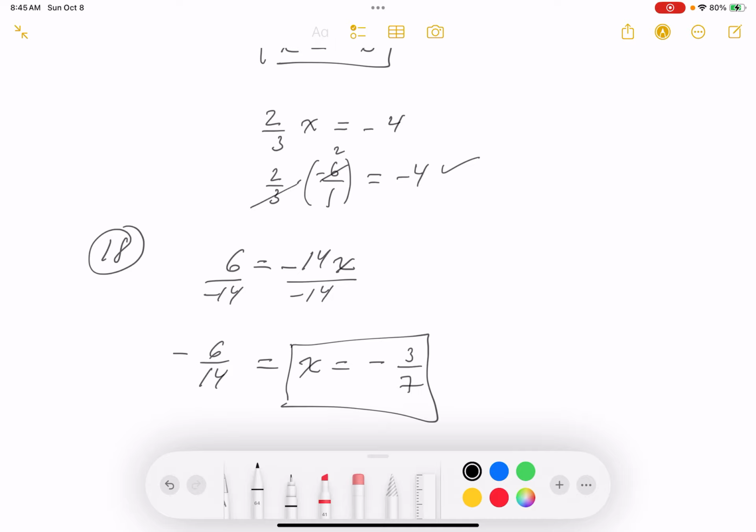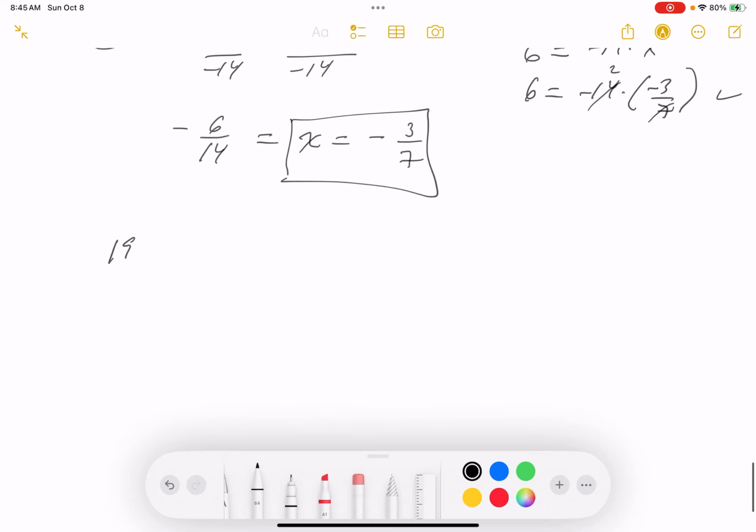I want to go back and check it, and 6 equals minus 14 times x. Well, what's x? That's the original equation, by the way, is minus 3/7. What happens over here? Well, the 7 goes into 7 once, goes into 14 2 times. We have minus 2 times minus 3, which is, in fact, 6. Let's go to 19. And what's 19? It's 3/5